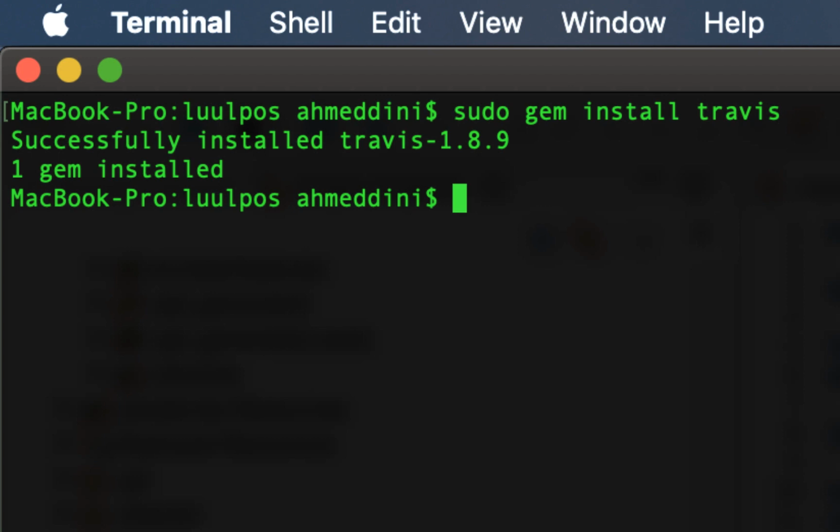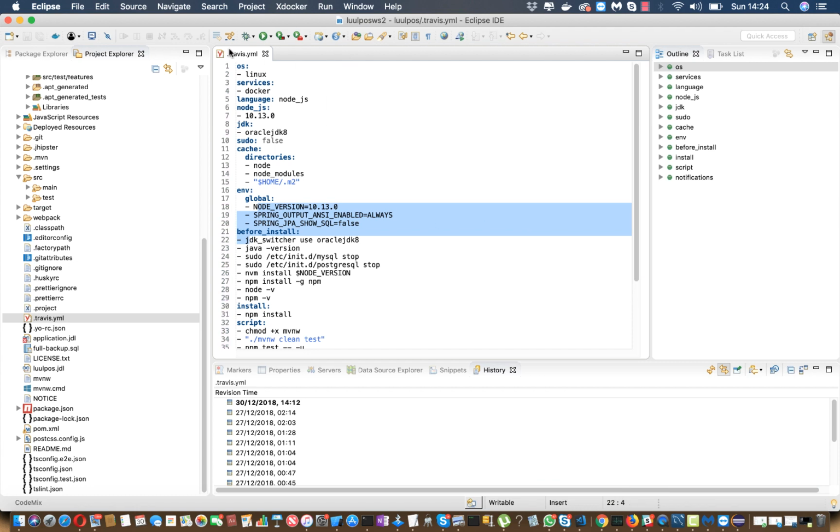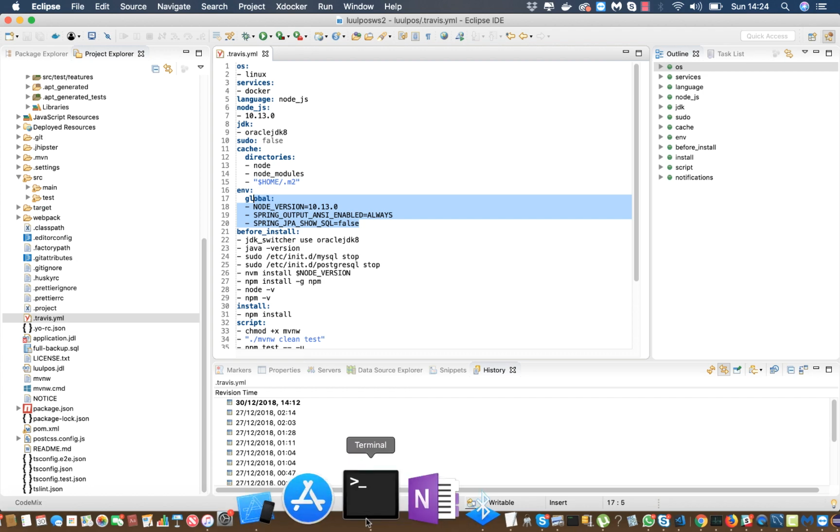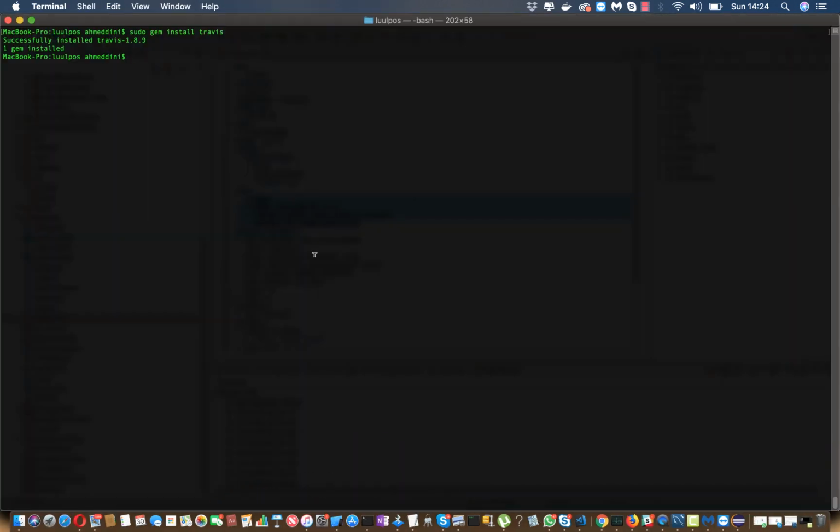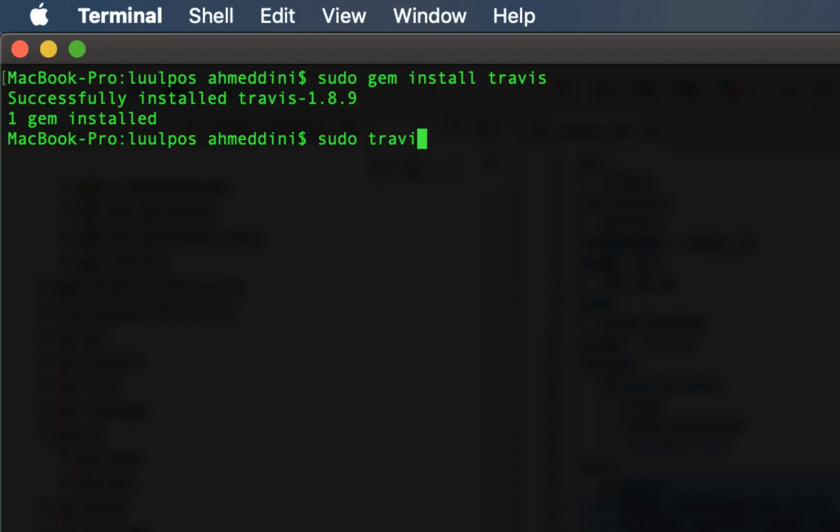The next thing we need to do is run the travis encrypt command. But before I do that, let me take you to the travis.yml file. And this is where we're going to add the encrypted content of the DockerHub credentials. So let's go back to the terminal and type travis encrypt